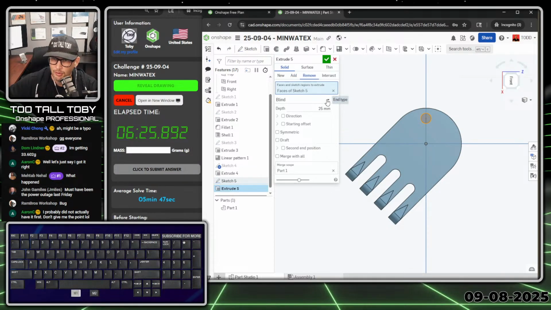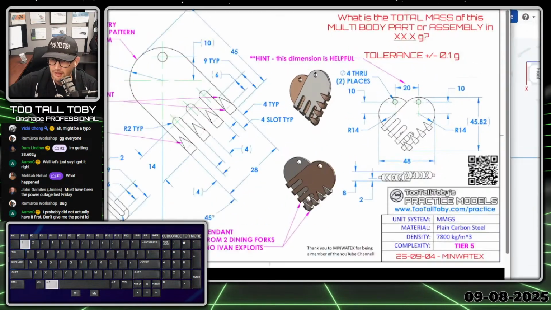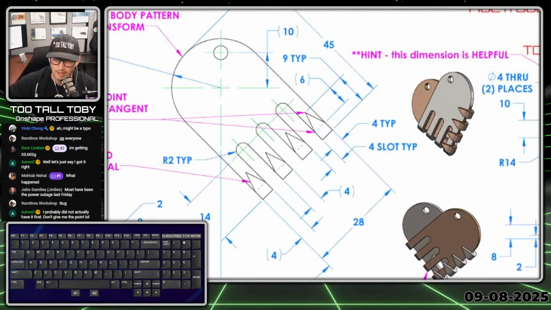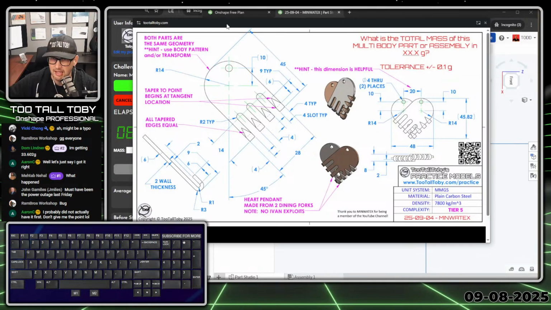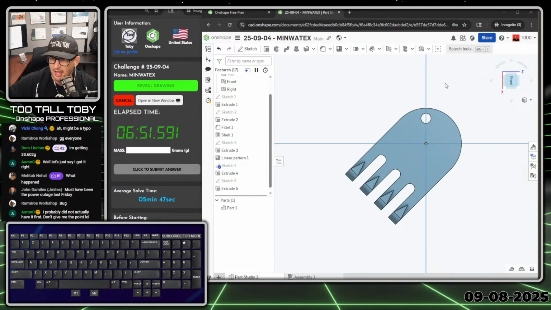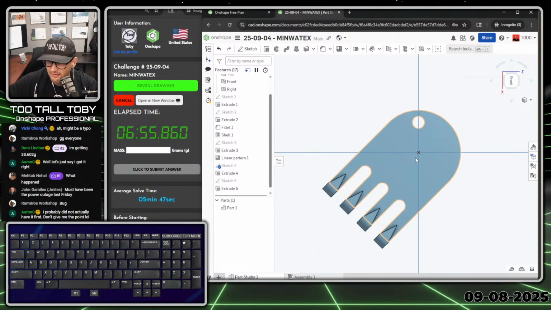And then the final thing that we're going to do here is create a line that we can use to perform a circular pattern command. So you'll notice that here on the drawing, I've got all the geometry for one of these done. And then here on the drawing, you see it says, hint, this dimension is helpful. So basically what that's telling me is that the center line for this thing is running right down the middle of where that 20 dimension is. So if I go back over here and I take this